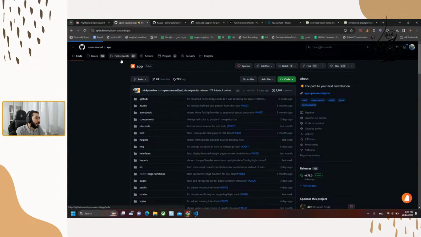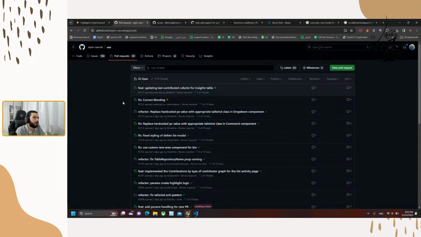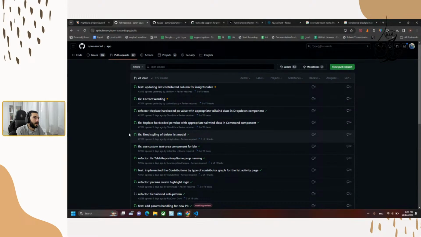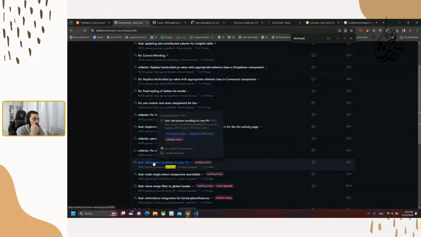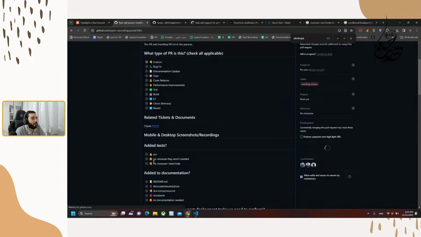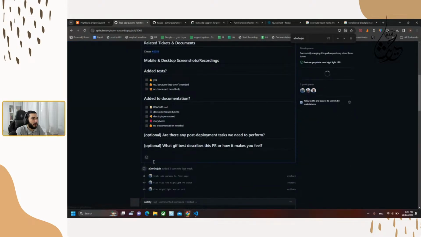After a few days, we got a review from Nick Tyler, who suggested using hooks instead of the default JavaScript code. So right now I'm implementing this suggestion and going with that.